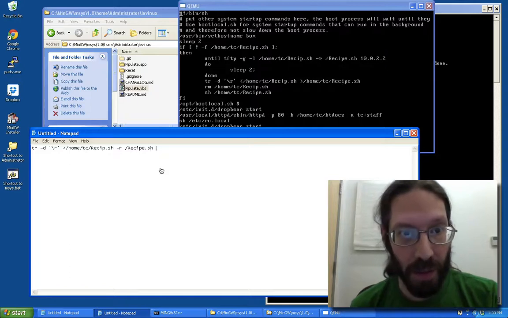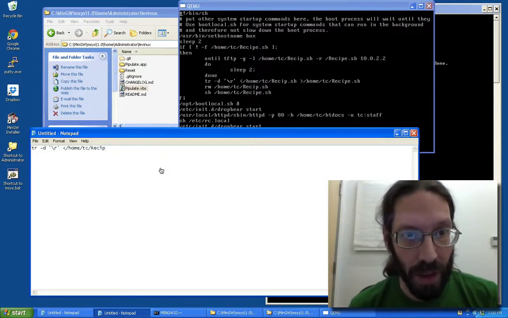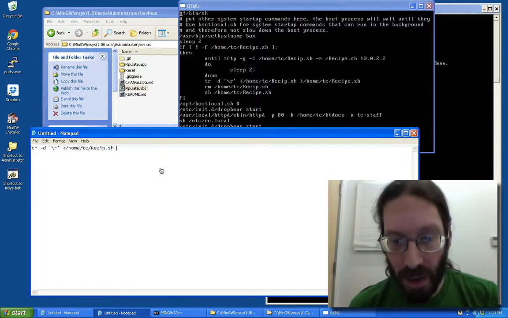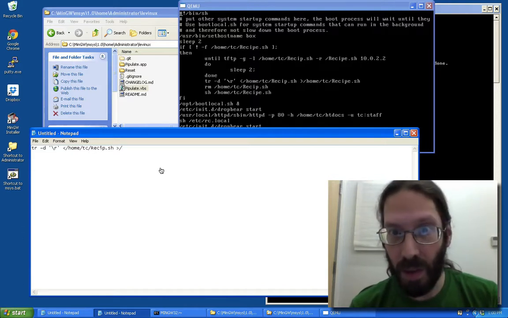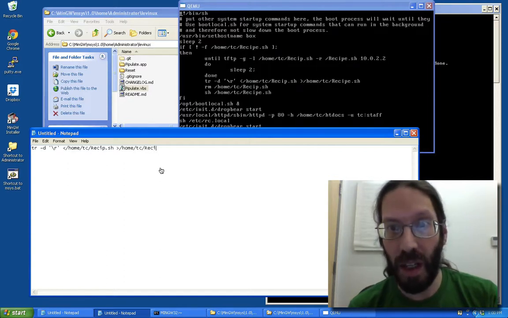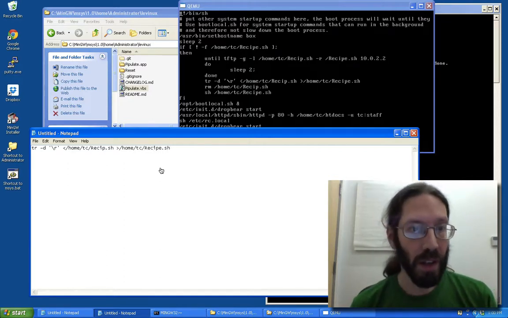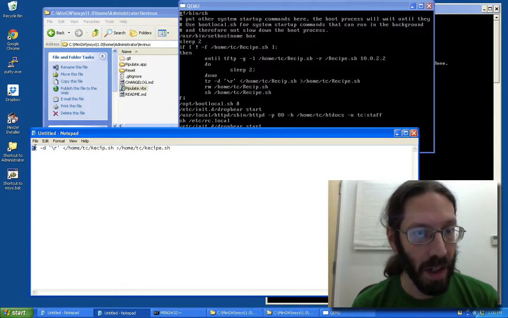I looked back up. Yeah, did that a little bit wrong. recipe.sh, /home/tc/recipe.sh. Okay, so what this is doing is it's using the tr command, and it's stripping out the carriage returns